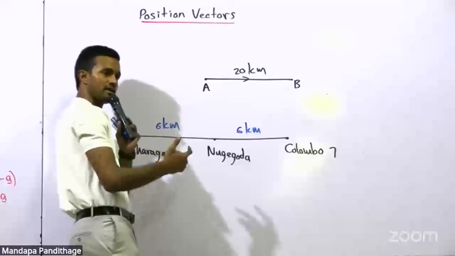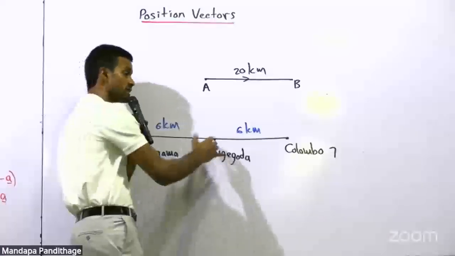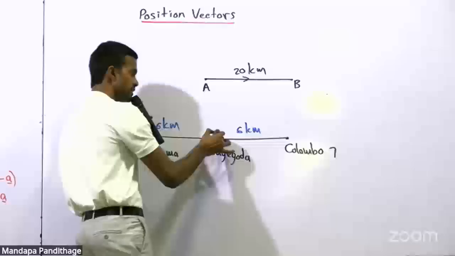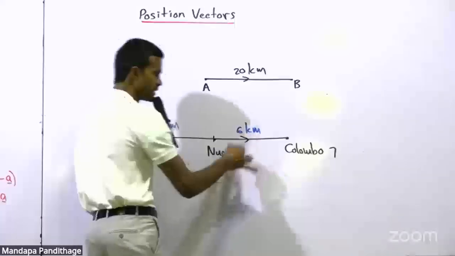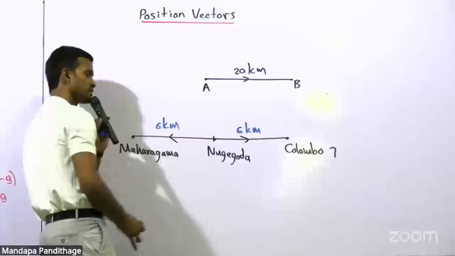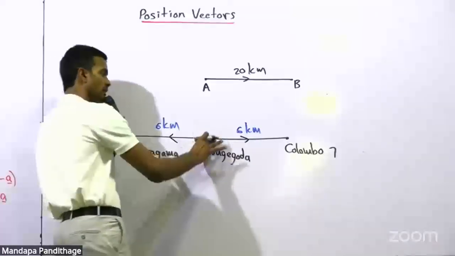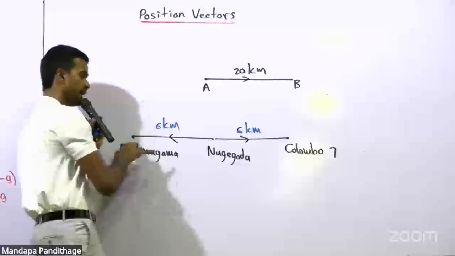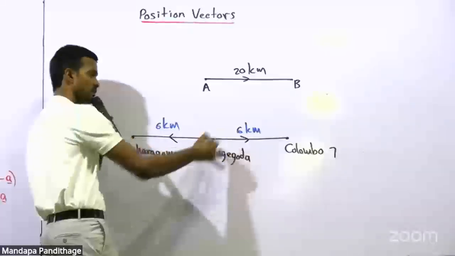You might get a feeling in that way because both are 6 kilometers away. No, but if I say Colombo 7 is 6 kilometers in this direction from Nugegoda and Maharagama is 6 kilometers in this direction, then you have a clear understanding about the position of Colombo 7 and Maharagama with respect to